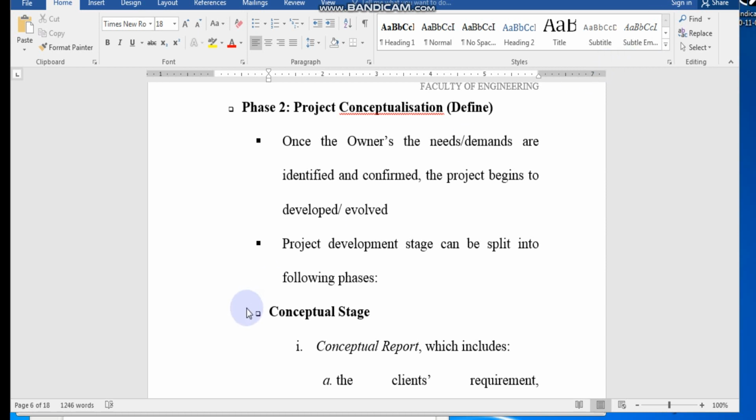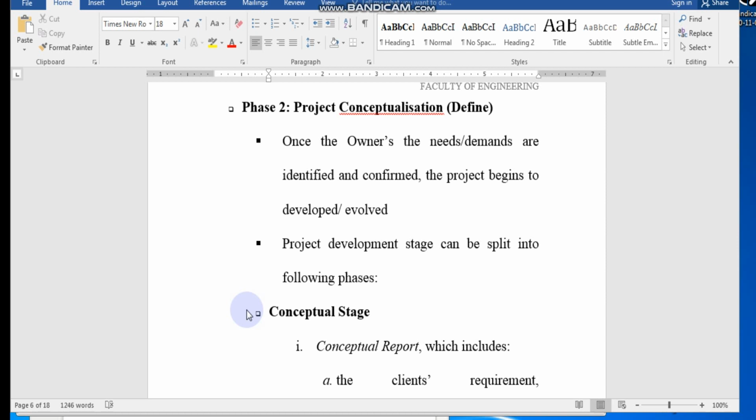Okay, part two of the class basically is phase two. So we start from phase two, conceptualization. Once the client already has certain needs or demands, they have this